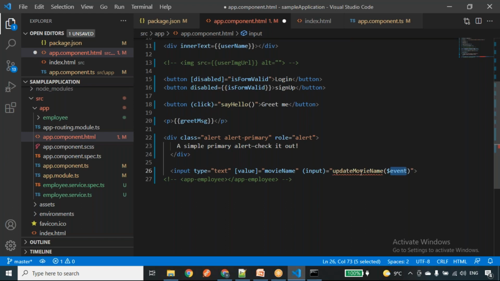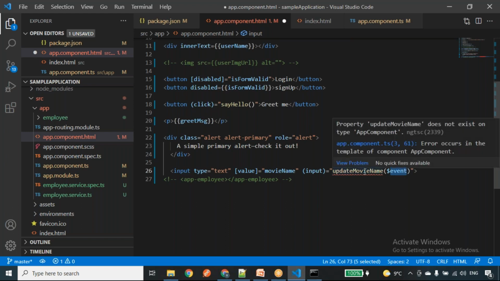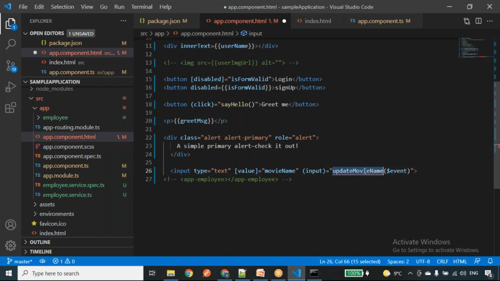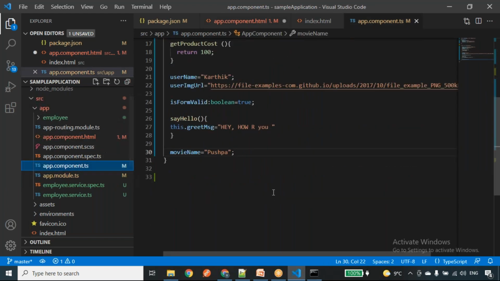So here we have defined updateMovieName. The reason we are getting the error is that this updateMovieName method is not defined in the component. Once I define this method in the component, this error will be removed. Now I'll go here, updateMovieName.